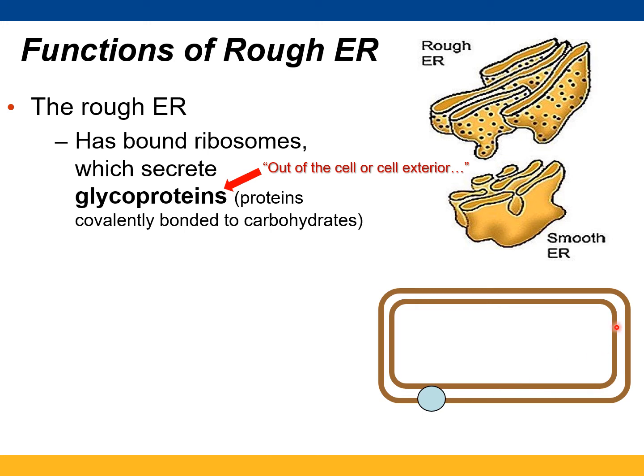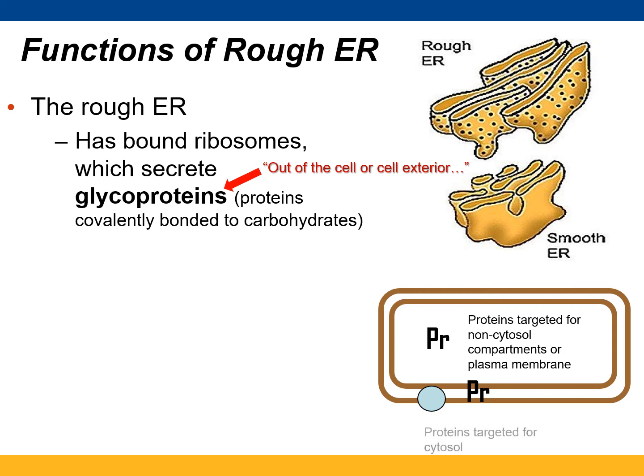And so here's a rough ER, here's the membrane, and here's a ribosome. Proteins that are synthesized by the rough ER are either going to be targeted for non-cytosol compartments, that is to say other compartments inside vesicles, okay, or they're going to be secreted all the way out of the cell. Or also proteins that are embedded in the membrane, partially or completely, like protein channels or protein carriers, that sort of thing. Free ribosomes, on the other hand, where they're not associated with a membrane, most of those proteins being synthesized, and this is a relative minority actually,